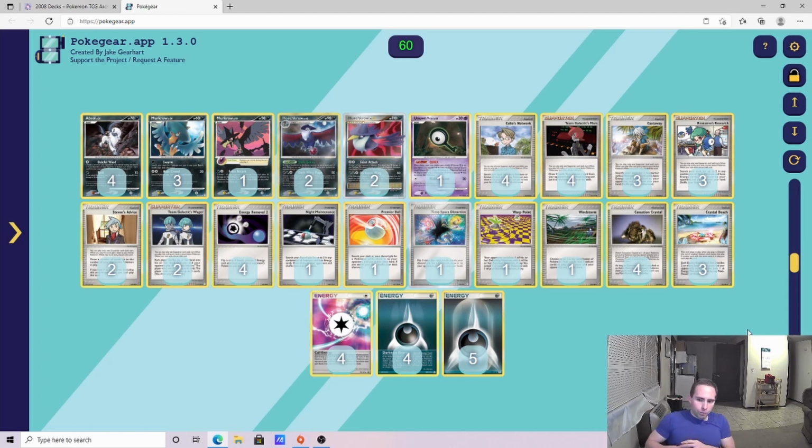Now, I'm going to say the deck was not popular at all at Worlds, but Tomi was able to take this deck, take a variation of it, have a unique twist on the deck, and take it to a top 32 finish. Now, the main strategy of any variation of Honchkrow is essentially going to be you're going to want